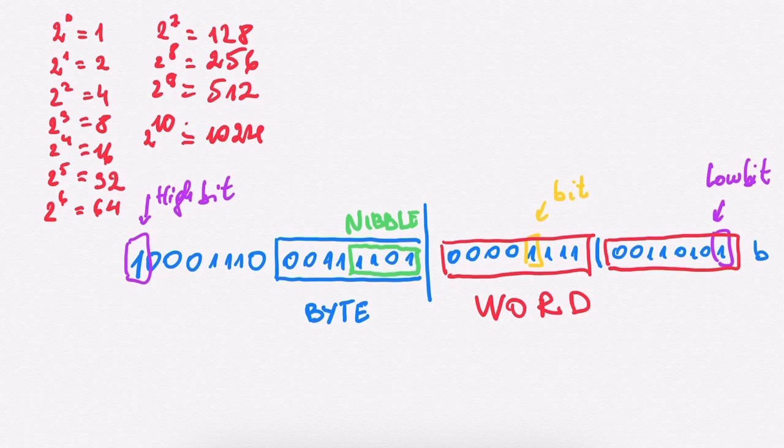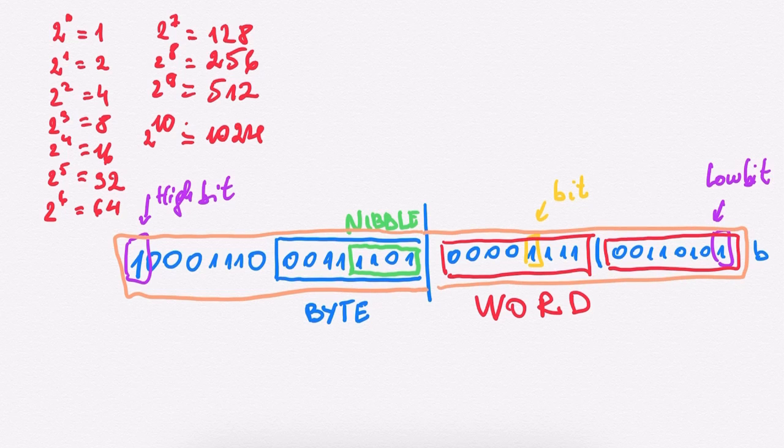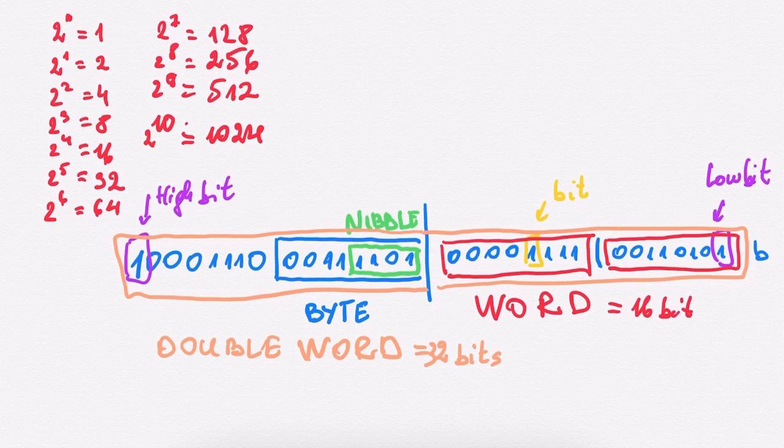Two words, that is in total 32 bits, will build a double word. Double word will contain 32 bits, that is 2 words or 4 bytes. Word itself is 16 bits size. It contains 2 bytes. Byte is 8-bit size. Contains 2 nibbles, and nibble it's 4 bits. And a bit itself